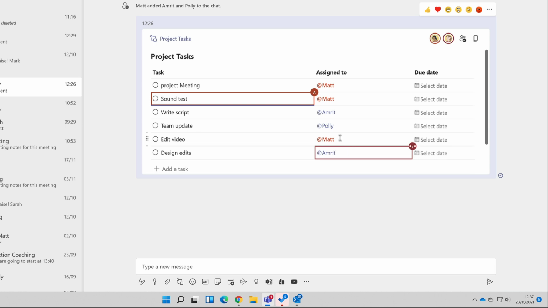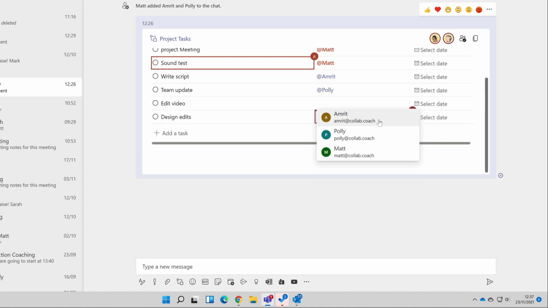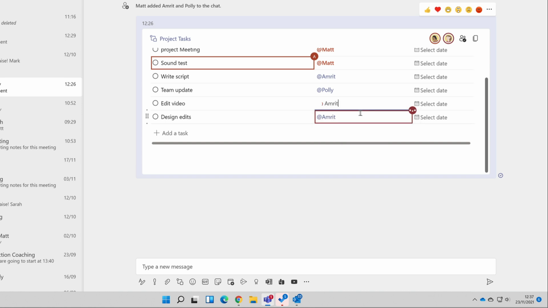Notice when I type an @ sign into a task, it will show me a list of all the people in the chat that are using the component. And I can choose one, and that will create a clickable link that shows me more detail about that person. @ mentioning is a feature found all over Loop components. You can see that when we're in the same task, it will mix the colors. And this button shows me who is currently updating the task list. And I can click here to see who has access to the list.